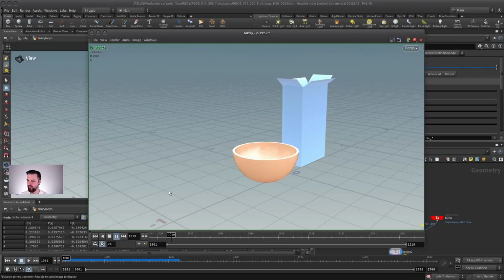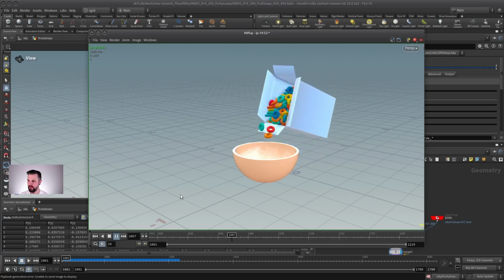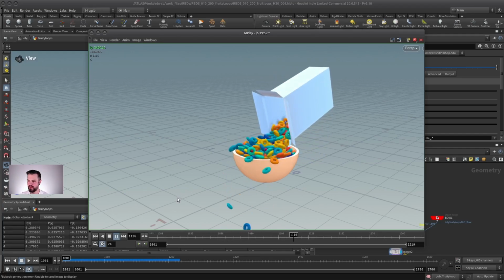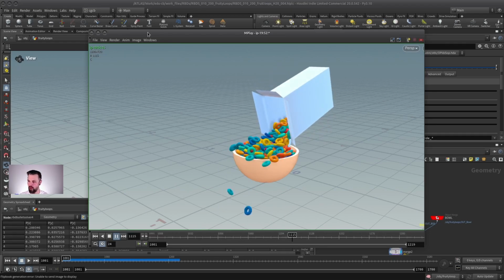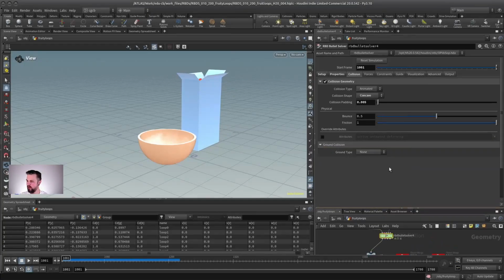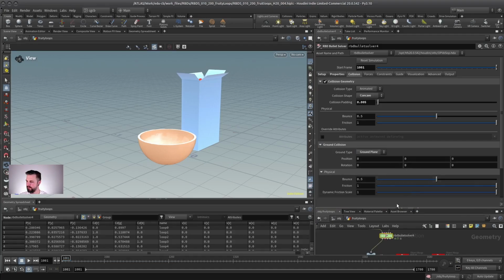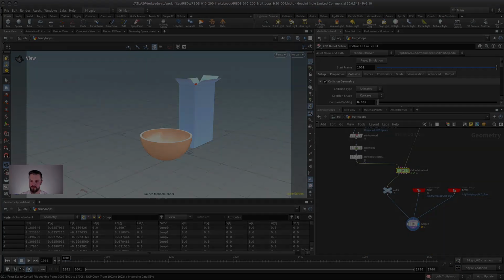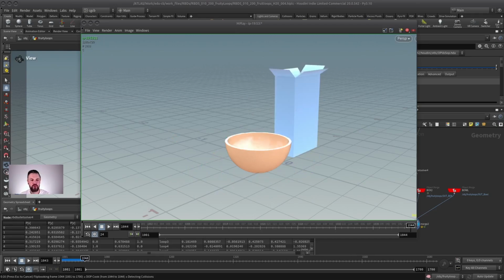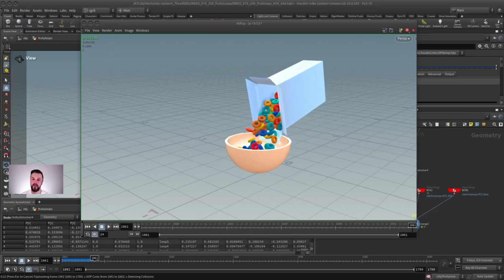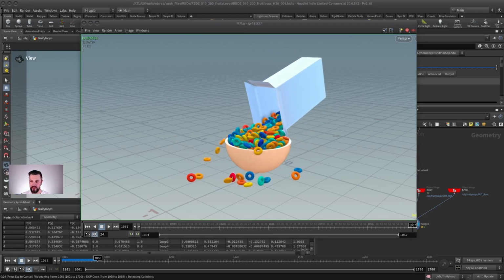Okay, so this is what we have right now. And I feel like this feels more realistic considering the amount of loops we have. What happens now, of course, is that loops fall over our bowl. So let's make sure that we're activating our ground plane. And let's run this again. And of course, there are 1,000 ways you could change the simulation, but I'm pretty happy with the way it is right now. Now, what you might notice is that some of the loops